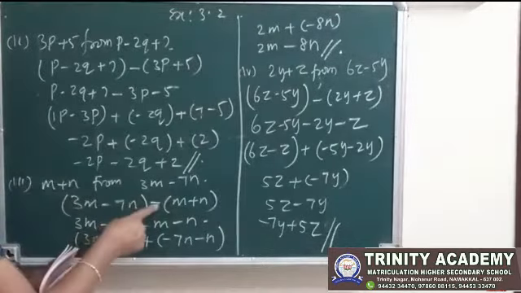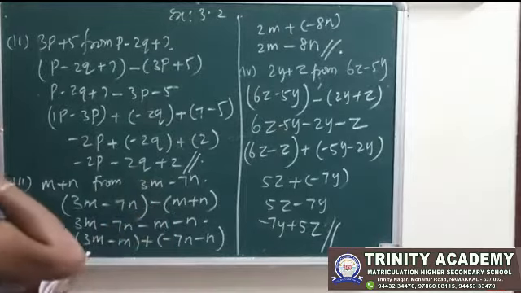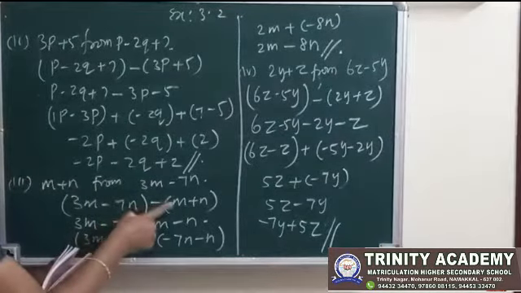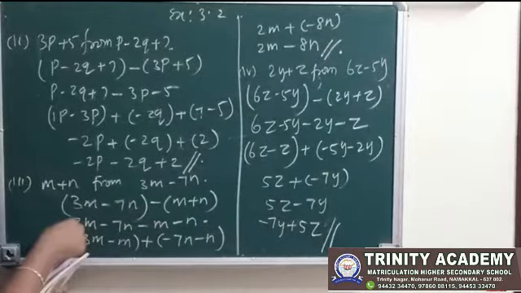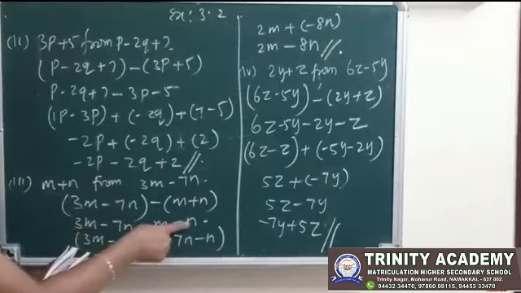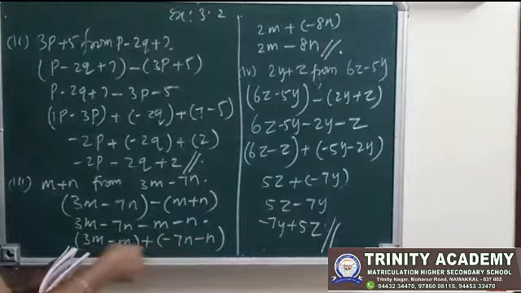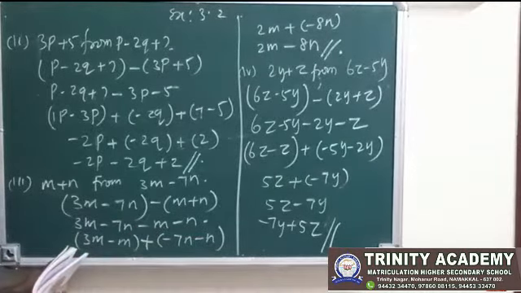So first, this minus, we multiply inside the bracket. So plus minus into plus minus m, minus into plus minus n. Okay. Now we group the like terms. 3m minus m, plus here minus 7n, here also minus n. When we group the two terms, we should put a plus sign between the brackets.